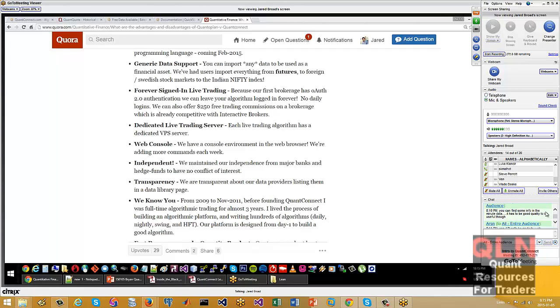But now that I've been working on it a little bit longer, I have a better portfolio backtester now. When I was trading, it was a single stock backtester. But for QuantConnect, we needed portfolios. And the power of backtesting a portfolio is so much more. You can do so much hedging and risk control with a portfolio that you can't really do on a single stock. It's much harder.